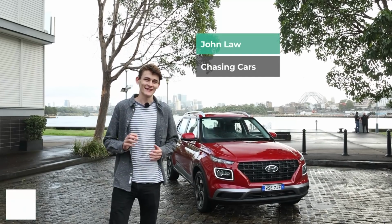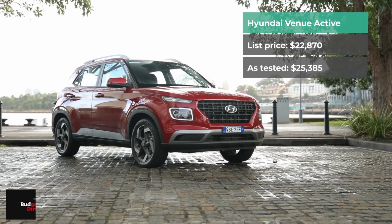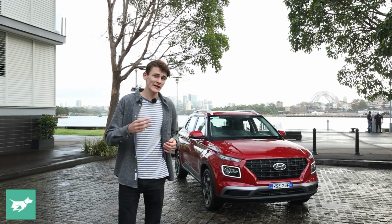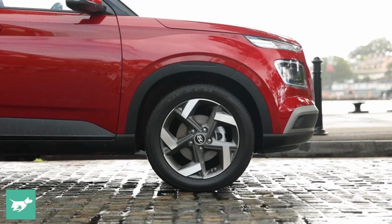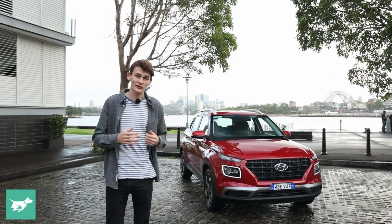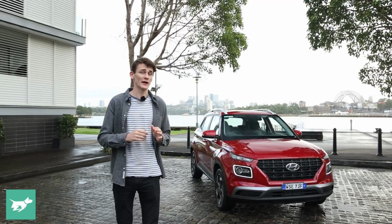I'm John Law, this is Chasing Cars, and this is the Hyundai Venue. First launched in 2019, in 2021 it's already onto its third revision. So we've got a couple of spec tweaks for this car here, new alloy wheels and some interior goodies as well, which we'll get to in a minute, but the price has also gone up by $500 pretty much across